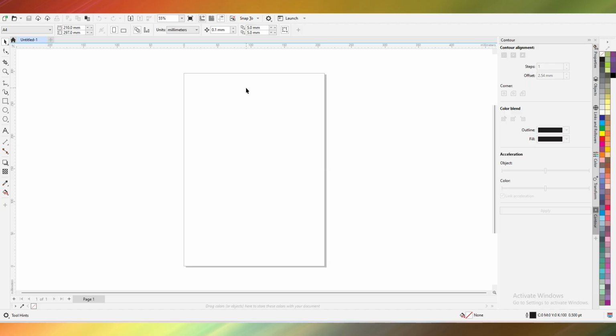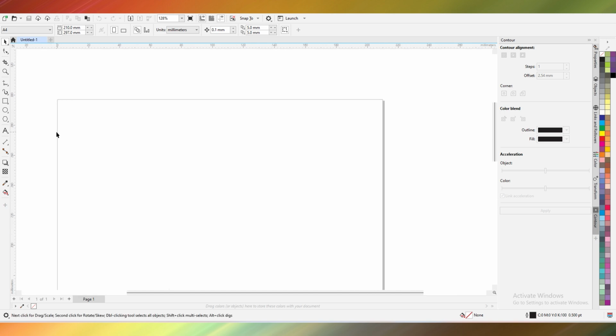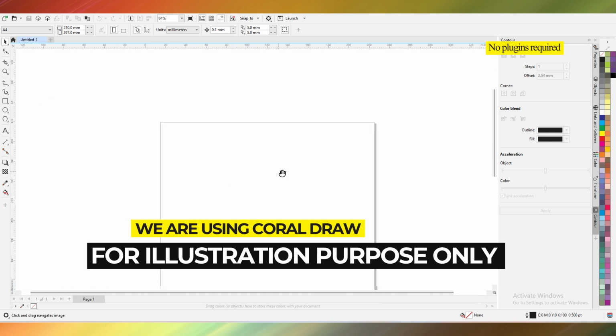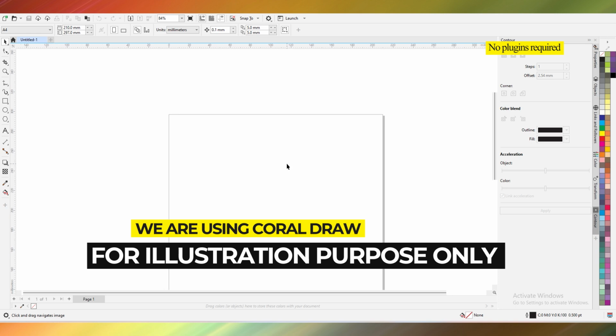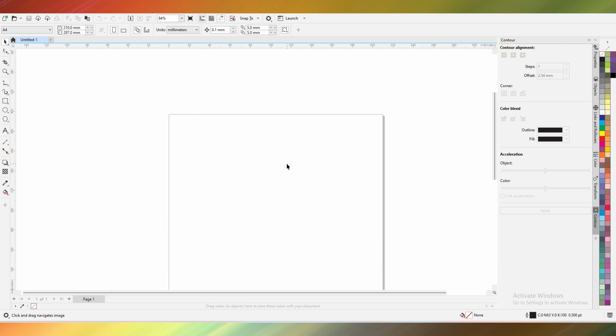Let's understand it on Corel Draw. Just to give you an idea, I am using Corel Draw because it is more specific to print media, but we are going to create it in Photoshop, so you don't have to worry about that. I have different courses for Corel Draw, how we can create all the standees in Corel Draw, also in Illustrator. I have different courses for the different software, so you don't have to worry. I am using it just to give an idea for the size.